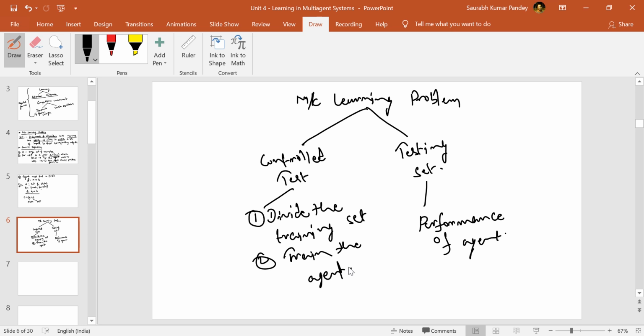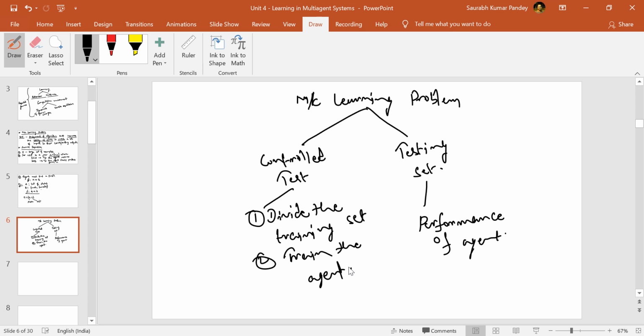So what do we do? It is a simple thing: if we cannot do so much processing at once, let's divide, and with each training set we will train the agent, and then finally we can see the performance by combining that. Now what I told you is that first you divide the training set, train the agent, and definitely when you are training the agent you have a testing set also, because the training set that you divided, you can use that as your testing set. And then you can see, however you have trained, whether the agent is giving you performance as per the training.